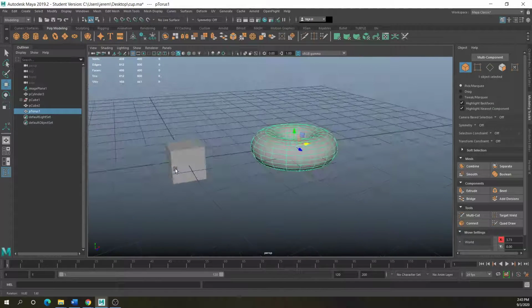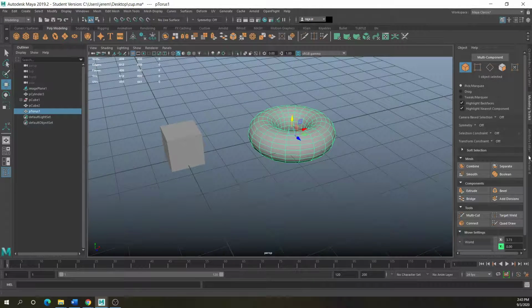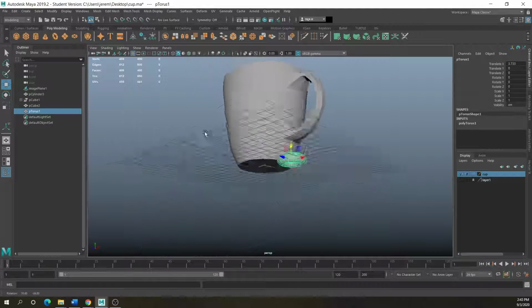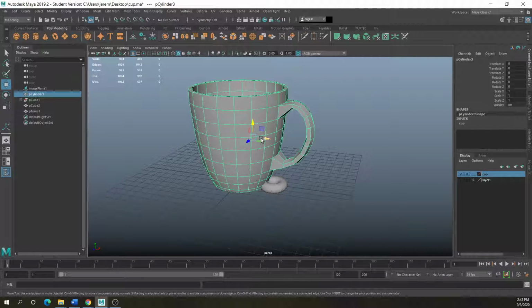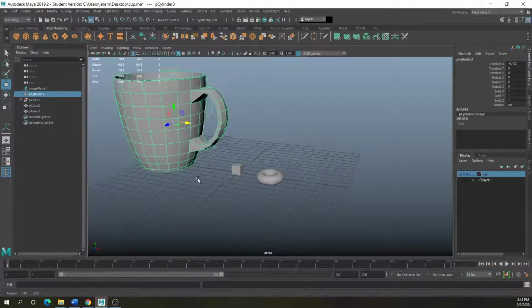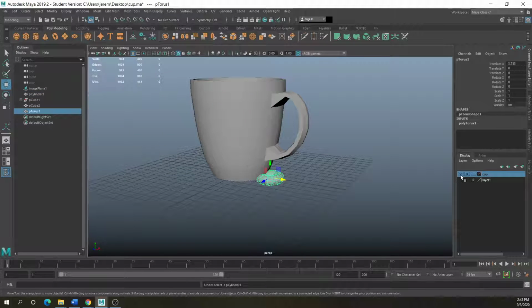Say, for instance, how would I go about making this coffee cup right here? I could take some of the tools already in Maya, say a cylinder, and connect a torus to it. In that style of doing things, you have to pre-plan for it. We'll go over that and show you some of the tools related to how to actually achieve this little design right here.